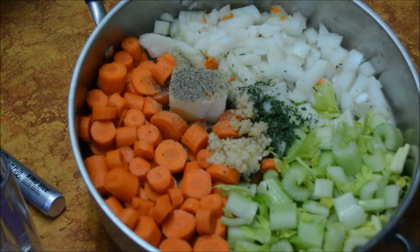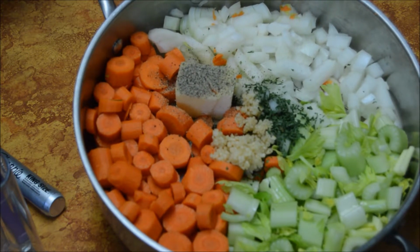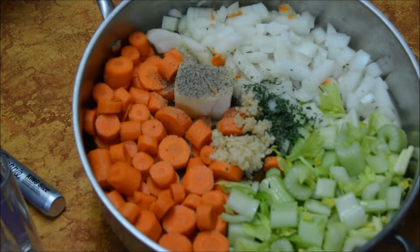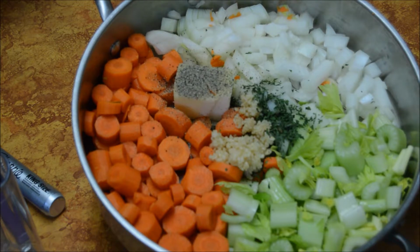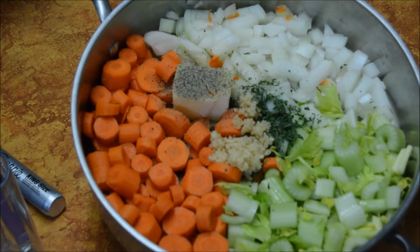So I'm just going to sear this on a high heat. I want to just quickly melt the butter, coat everything, and let it sear, not cook all the way through, and then I'll put a lid on it and set it aside and let it cool until it's ready to be put in the soup to boil down after the chicken has been removed and the seaweed has been removed and it's been strained through so that it's just the broth and a little bit of the chicken, and then I'll